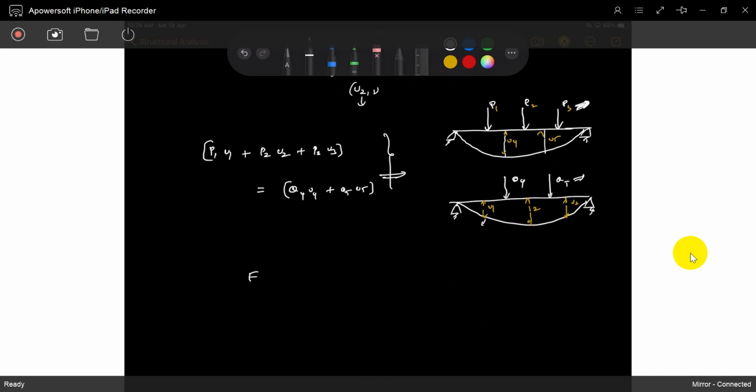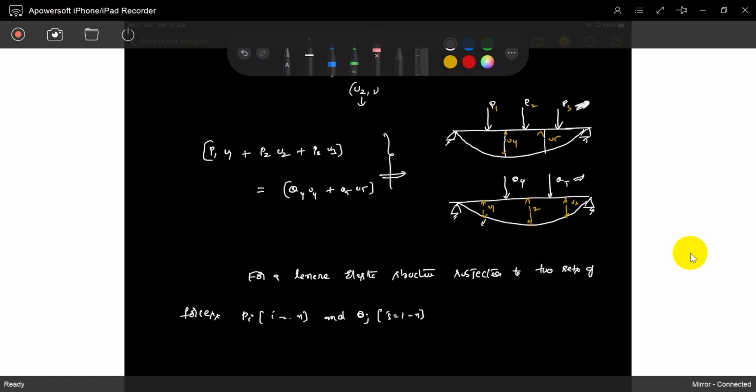See, for a linear elastic structure subjected to two sets of forces, Pi, i is 1 to n, and Qj, the direction is different, j is 1 to n. The work done by the set